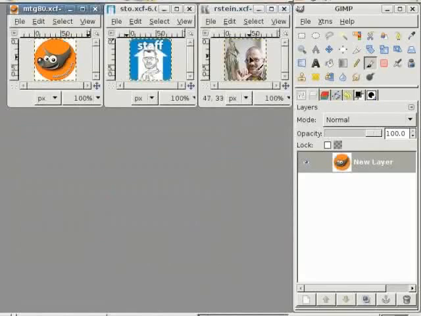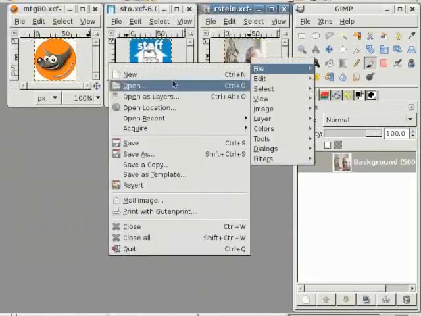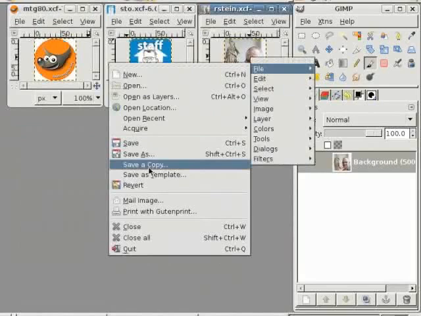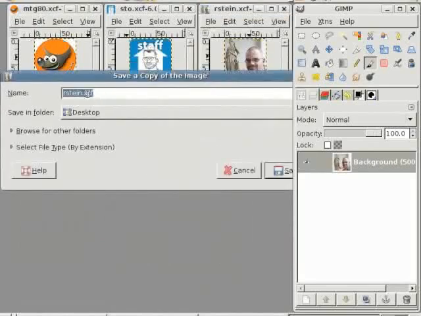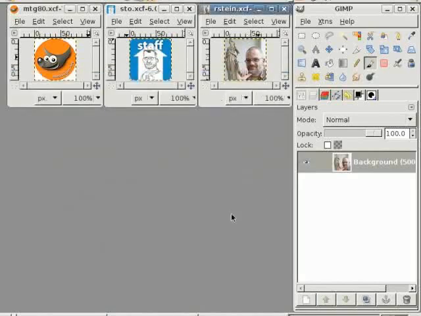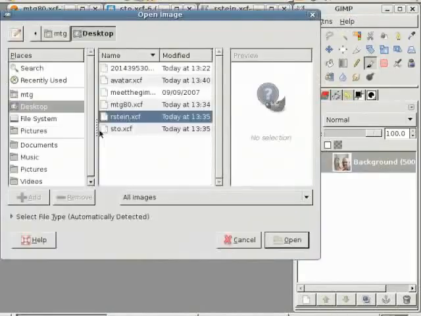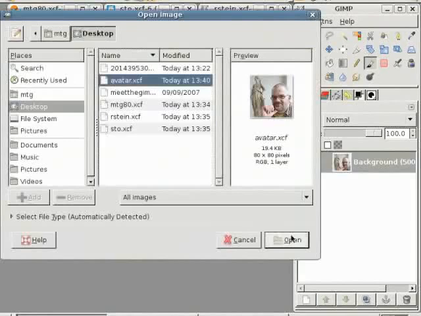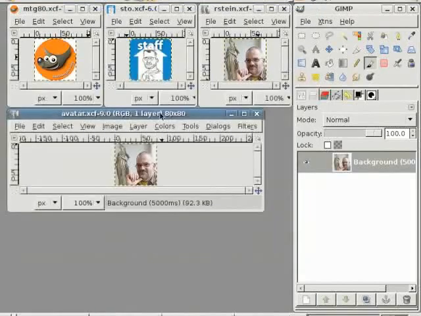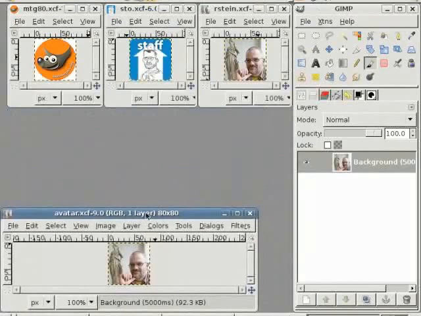So I save it again, and this time as a copy, and I call it advertise.xcf. Yes, I want to replace it. I have done that before. Go to File, Open. So here, this is my basic image, and the first thing I want to do is